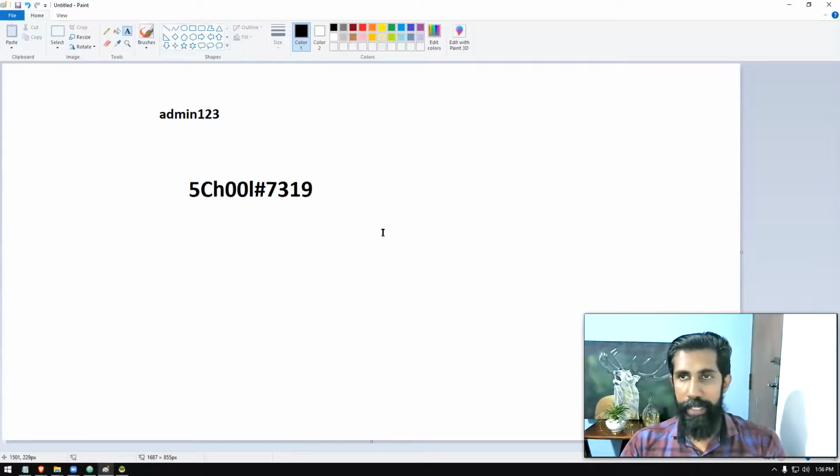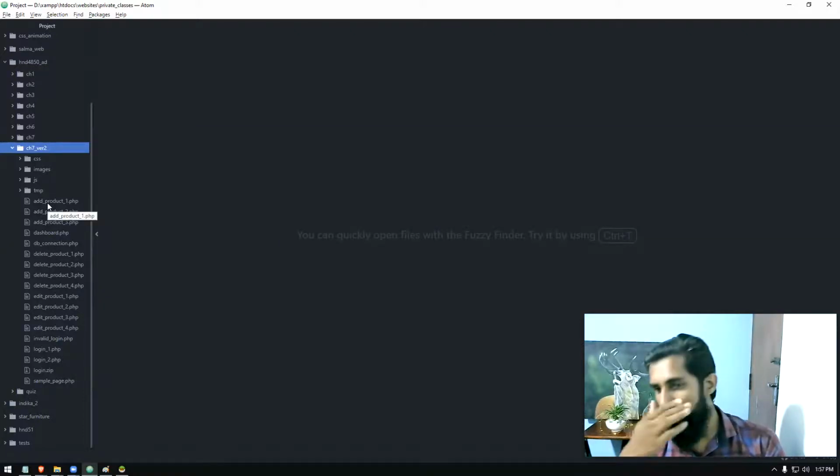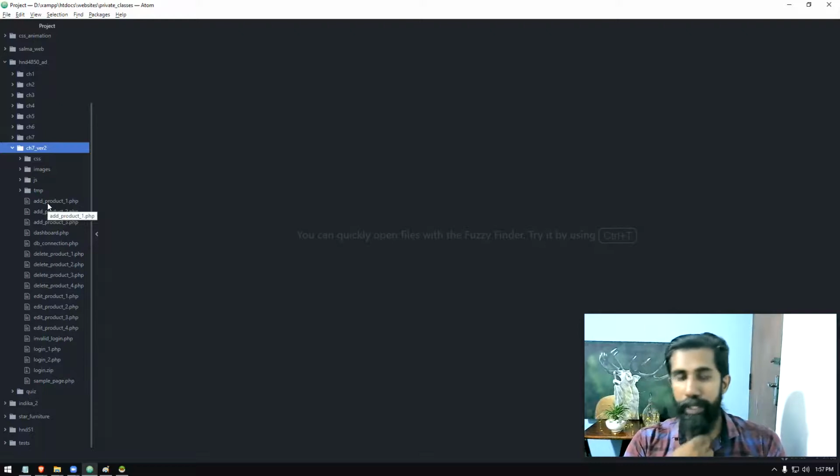Having said that, let's see how we're going to do this part, right? So this part you can read and understand. This part, it's okay by looking at that one. Of course it looks easy, but you can make it more tough than this as well, right? Okay, let's get started. First thing, I'm going to create a file here. And of course, in PHP, there are different mechanisms you can use to do the encryption. There is a method called MD5 encryption. Okay, they are using different types of keys and all.